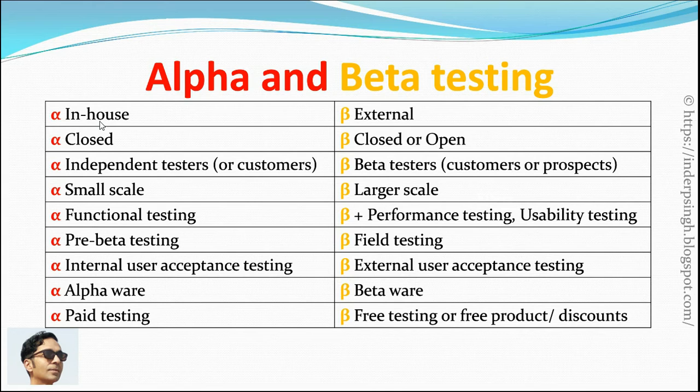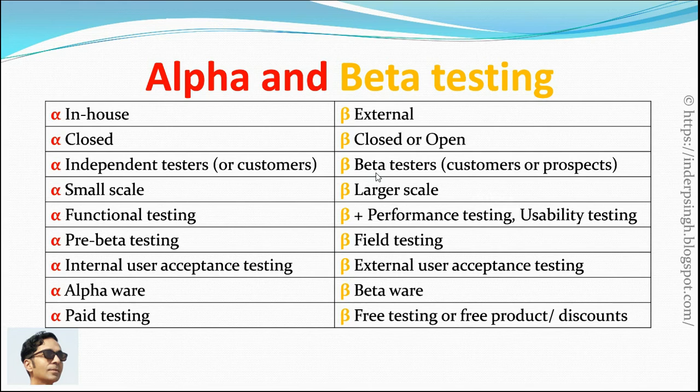Alpha testing in software testing is done in-house by the development organization. Beta testing is done by external testers who are outside the development organization. Alpha testing is closed to the public, but beta testing can be closed or open. Open beta testing means that anyone can participate in that beta test. In alpha versus beta testing, independent testers or even customers do the alpha testing, and customers, prospects or interested users